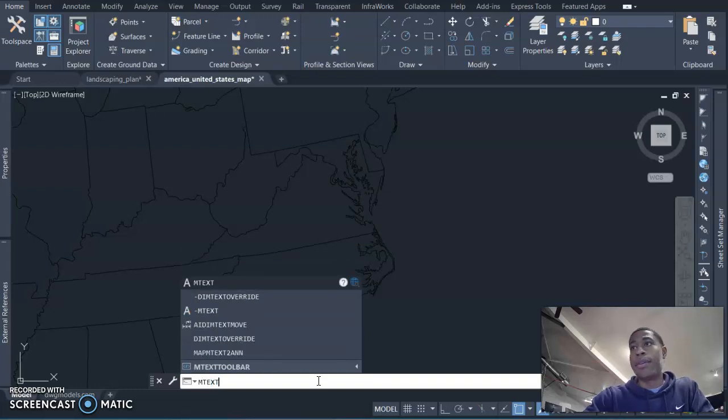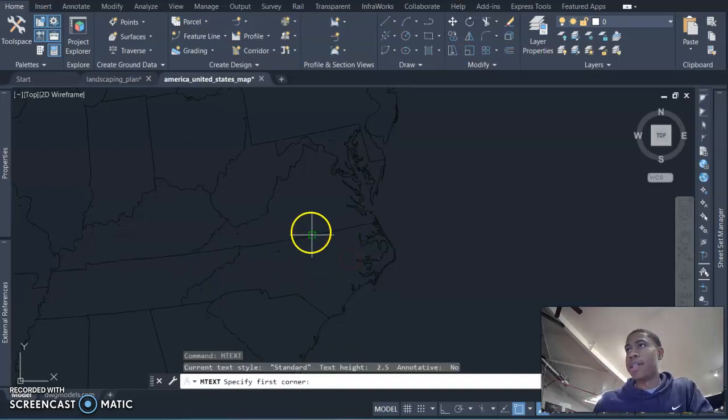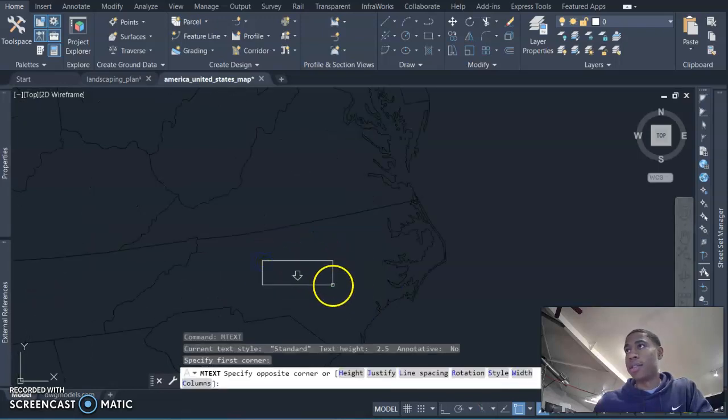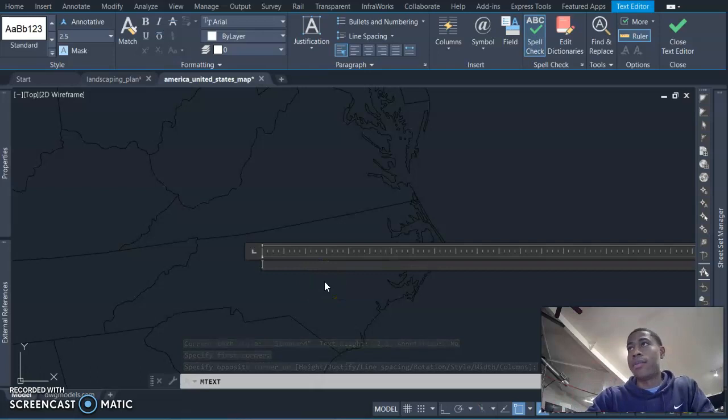And if you want to type out the whole thing, we can, just in case you don't have the shortcut set up. All right, and it's saying to select where you want to place the text, right? So I want to place it in here. And what do I want it to say? Well, standard, you normally have things in all caps when you're working, so turn your caps lock on,